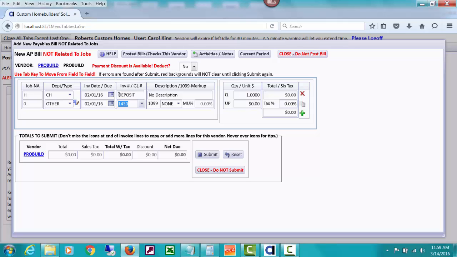Now where we post this, it's to the H job, and we probably want to just use some GL account that it would go in and out of. So I think it's okay to post it to the H job and go ahead and use our direct construction costs, because we're going to clear it right back out of the H job here with the second line. So this is Pro Build